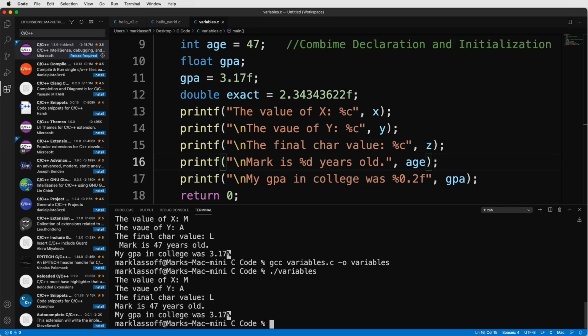Sometimes you want to hold a value, but you want to ensure it doesn't change through the life of your program. Instead of calling this a variable, we call this a constant because its value is constant. We're still going to be interested in the right size or the right amount of memory being allocated for the constant. But we know that if we try and change the value of a constant during the life of our program, we're actually going to get an error. All right, let's take a look at constants now in C.